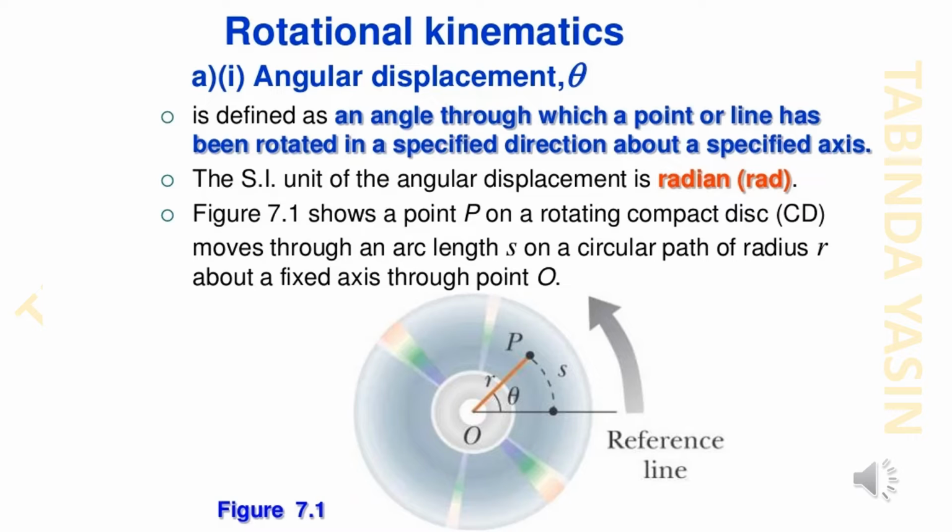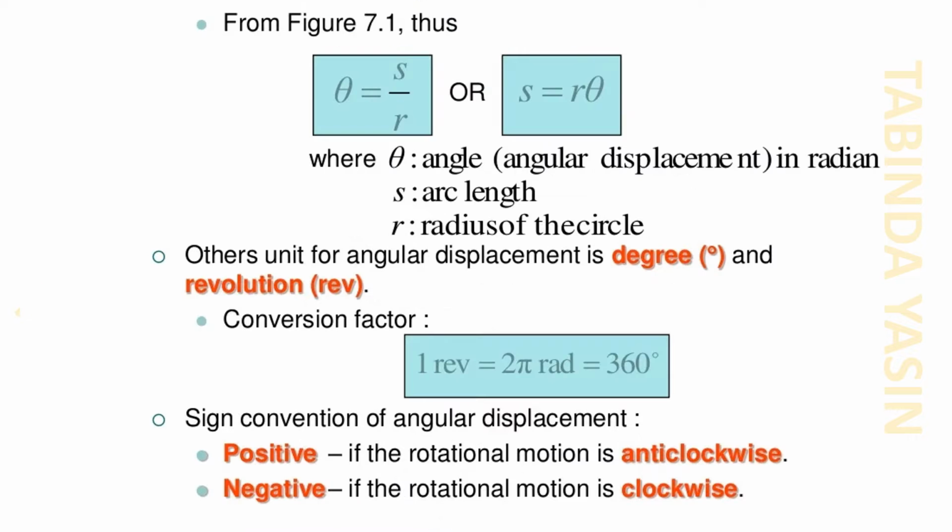In the figure you can see a CD which has a reference line from O to the point that is sweeping in the counterclockwise direction. The arc made by the point to sweep an angle theta is s, and the distance from the point O to P is the radius r in a circular path. Now from the figure, you can see that theta is equal to s over r, or s is equal to r theta,